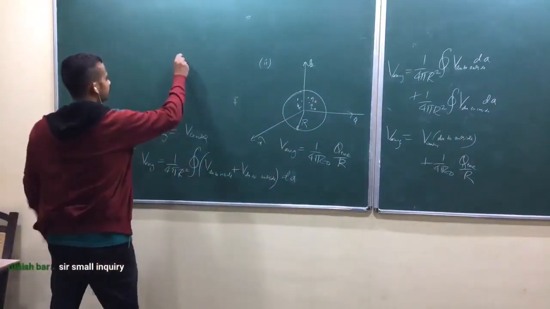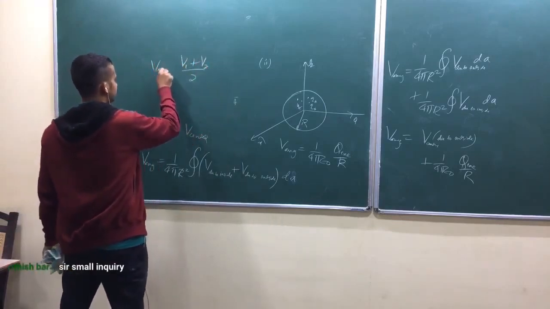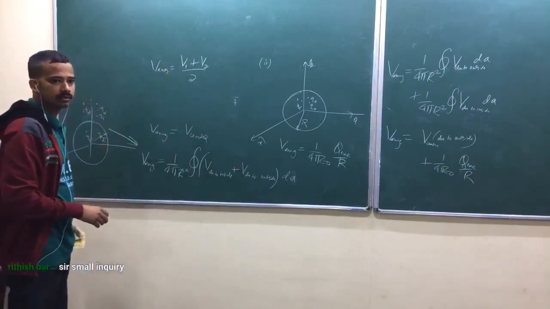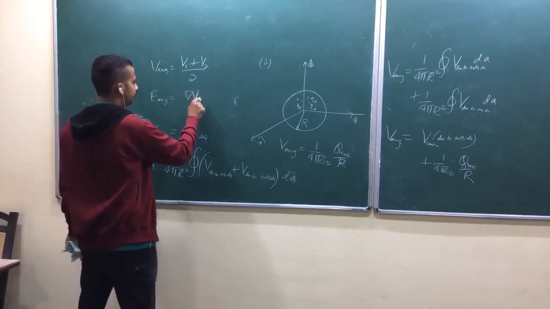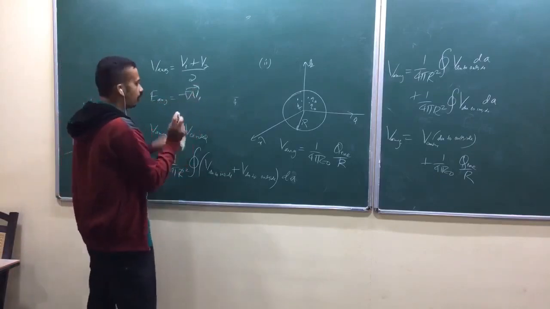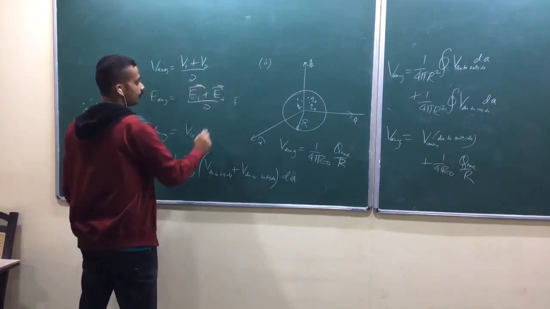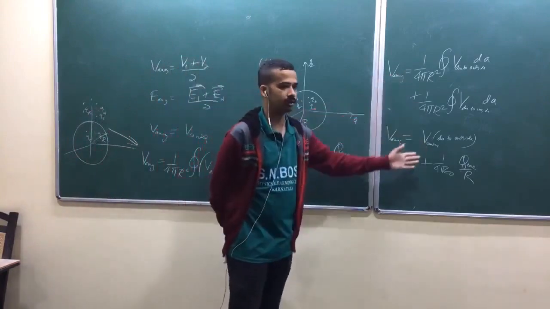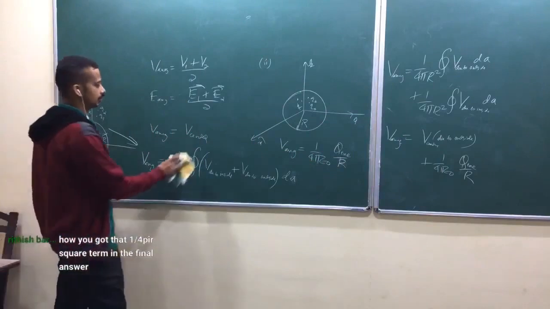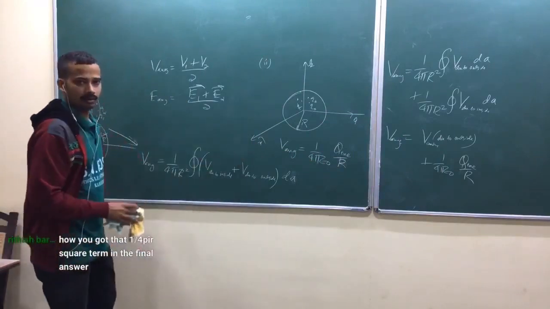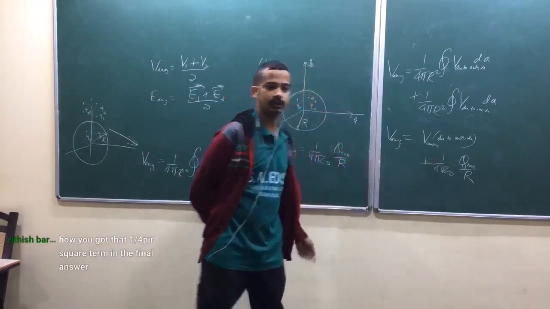Look at here, suppose you have done V1 plus V2 by 2 as V average, okay, so then how do you write E average? Del V1, that is E1, or E1 plus E2 by 2. Why I'm saying you can just put a gradient and you can show for electric field, isn't it? That's what I'm trying to show. Again, average electric field can be found out of gradient of average potential. That's what I'm arguing here.